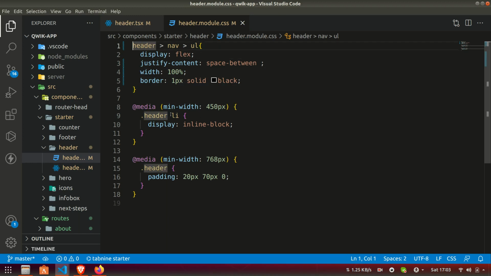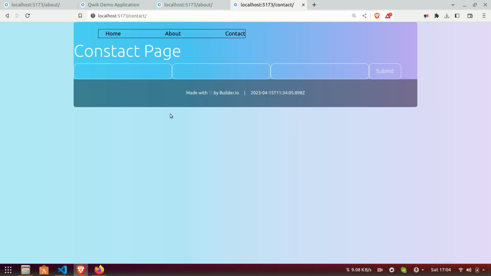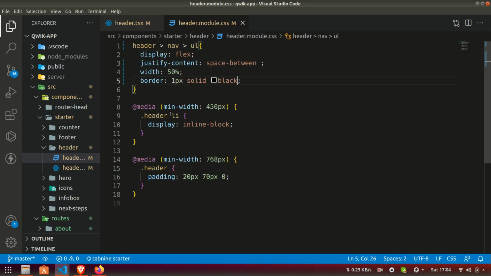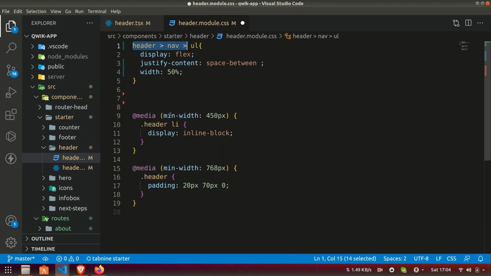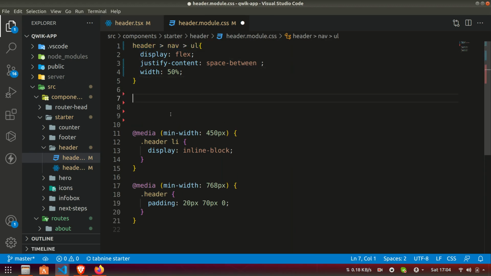Okay, great. So instead of giving 100% width, I am thinking of giving it 50%. That would be good. And right now I am going to remove this border, and to the li tags